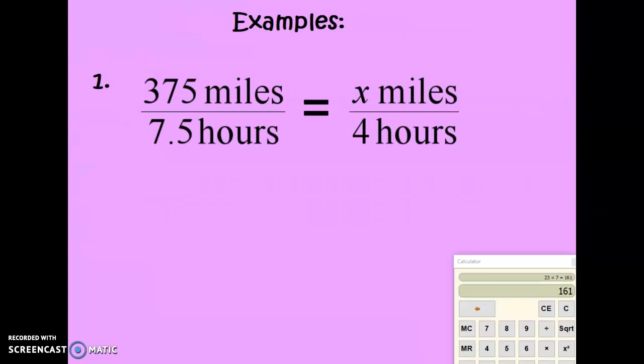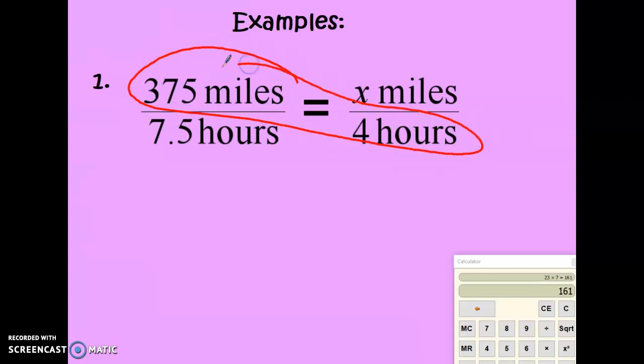This is our example, 375 miles in 7.5 hours is equal to X miles in 4 hours. Okay, so I look for the 2 that I have. Right here we've got a numerator and a denominator across from each other that both have a number. I cannot use this one because it's an X. There's not a number there. So I'm going to take 375 and multiply it by 4. Once I do that, I'm going to take that answer and divide it by